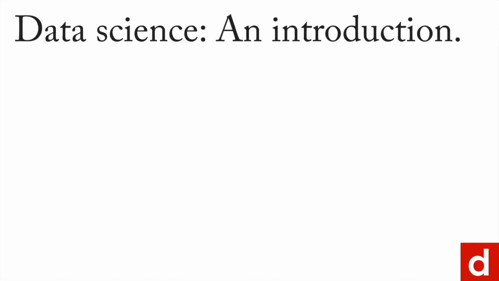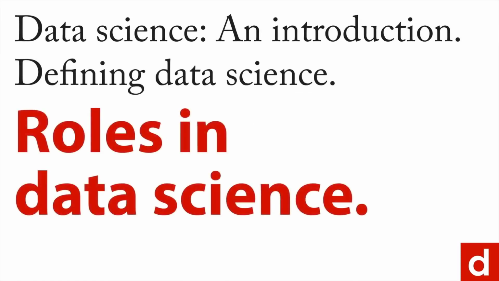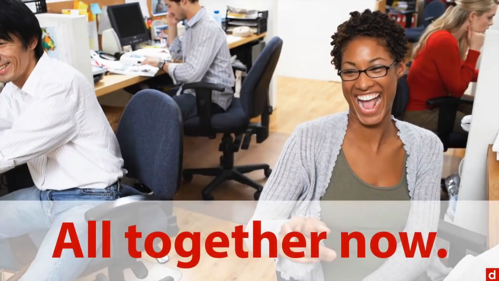We'll continue our definition of data science by looking at the roles that are involved in data science, the way that different people can contribute to it. That's because it tends to be a collaborative thing, and it's nice to be able to say that we're all together, working together towards a single goal. So let's talk about some of the roles involved in data science and how they contribute to the projects.